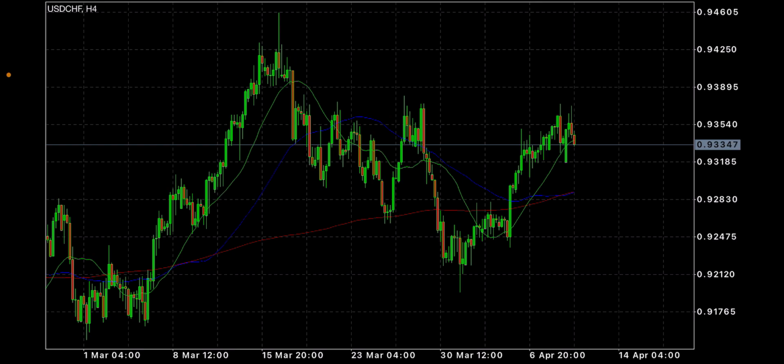This morning, we're going to be looking at the USDCHF. But before we get started to break down this chart and this currency pair, we have to state that